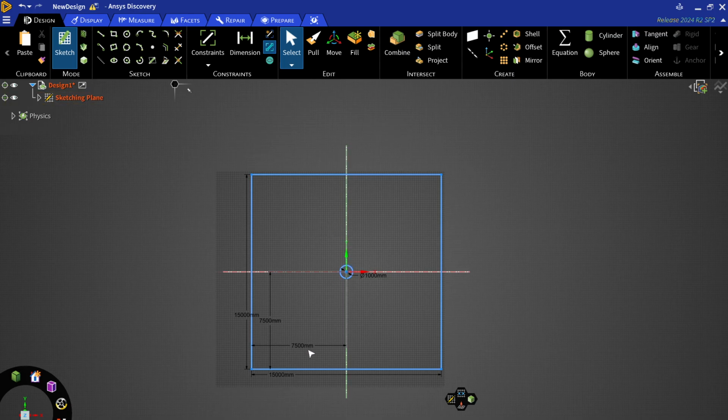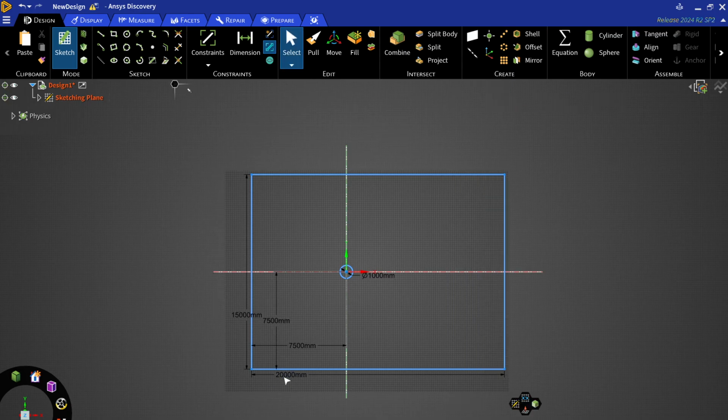Looks good. Something is lacking. I'm going to go 20 meters on this one, just so we could capture more of the wake